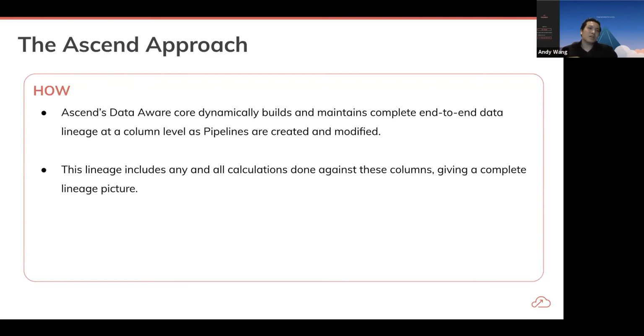So building a lineage feature on top of that was not too much of a change to how we viewed data, right? The whole DAG approach is inherently beneficial to a lineage feature.